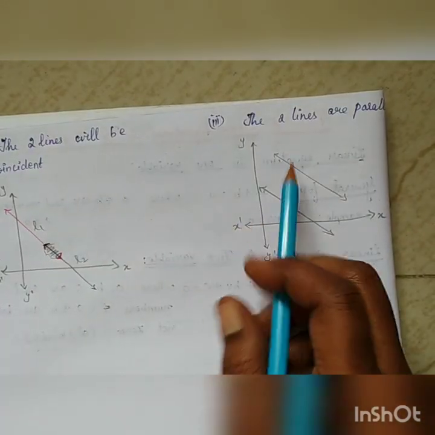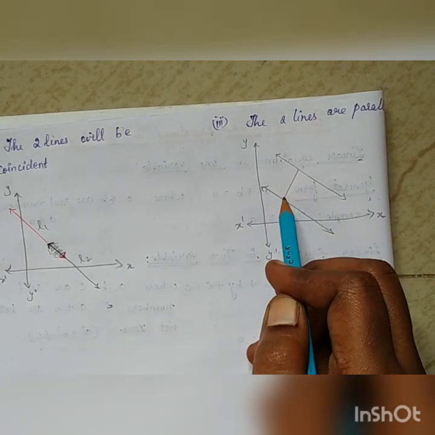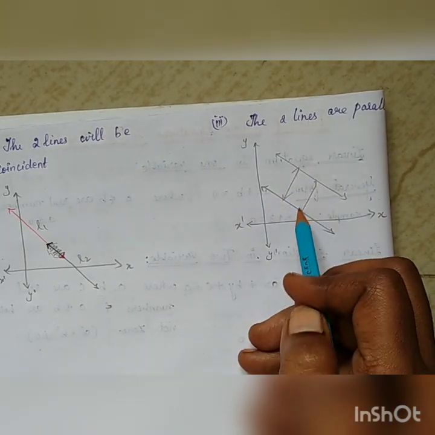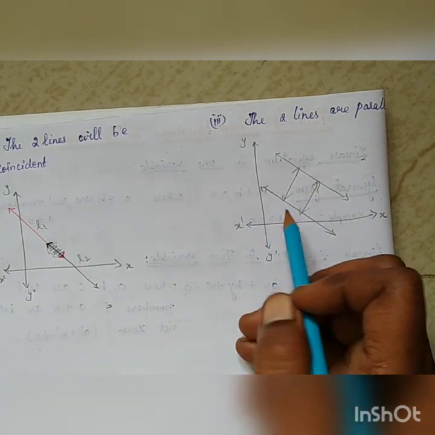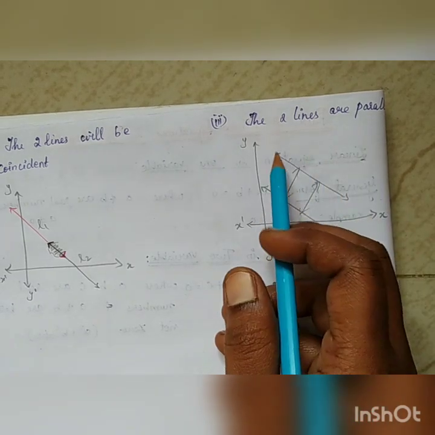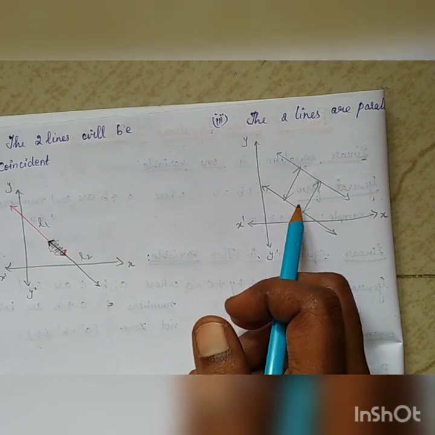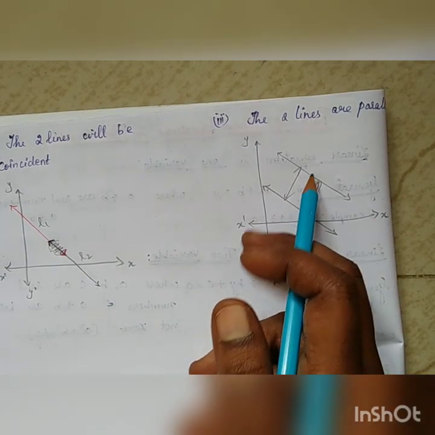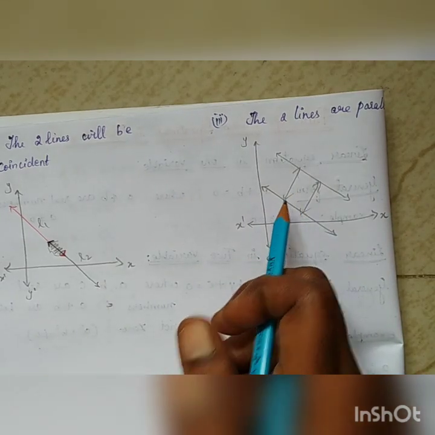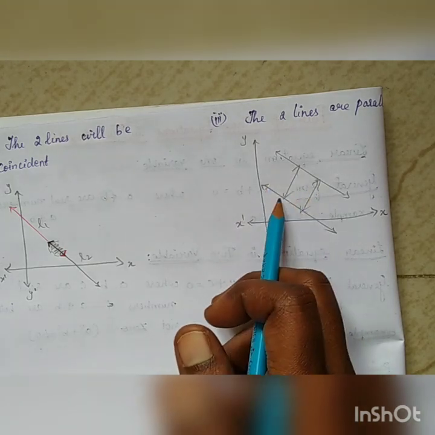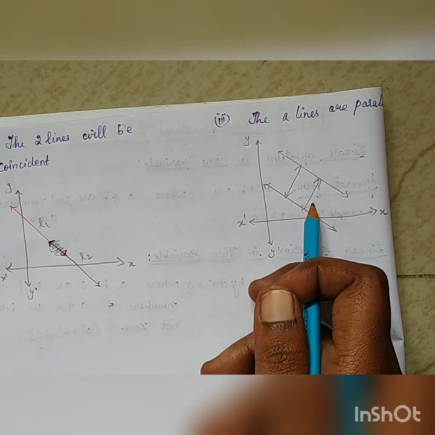Now in the third case, see that two lines are there, but these two lines do not touch. They maintain the same distance between them. If they maintain some distance between them, then we can say that these two lines are parallel. They will not intersect at any point. In that case, we will not be able to find a solution for these two. That is, there is no common x, y point if I have this type of pair of linear equation lines. Therefore, this has no solution.